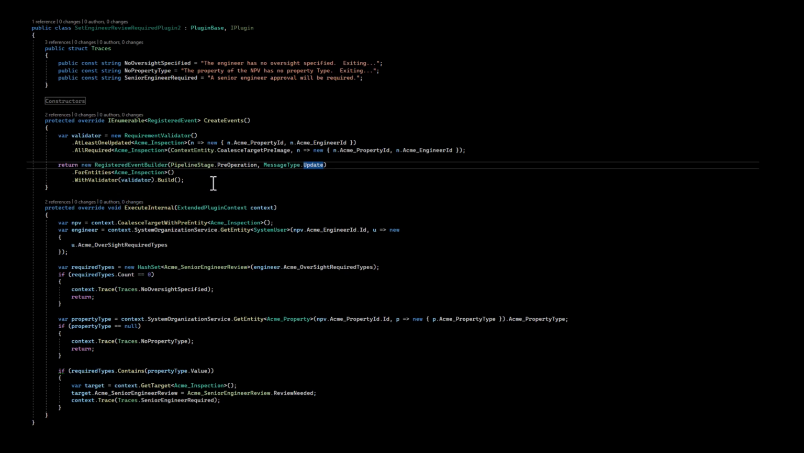What I want to add, and what I'm adding here, is a way to declare when you actually need to process this plugin. Okay, so the idea for this plugin is